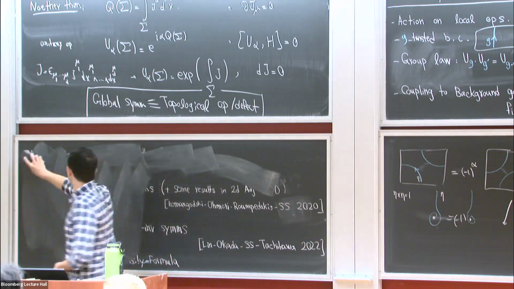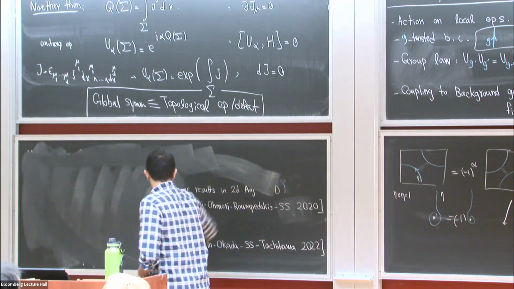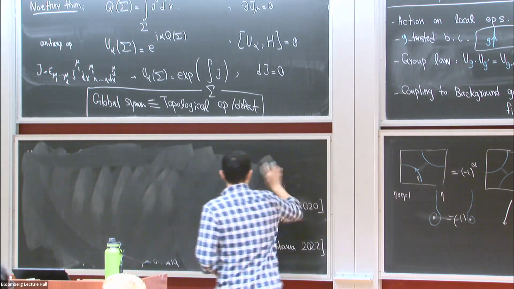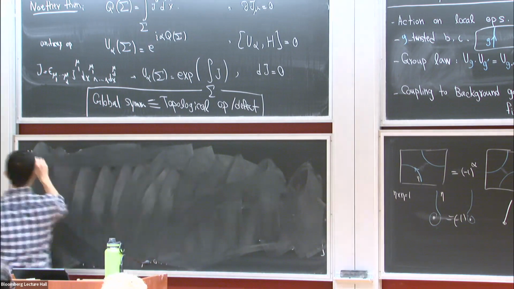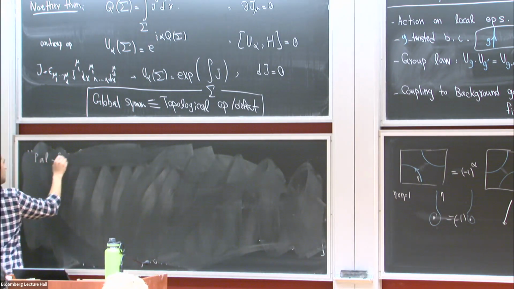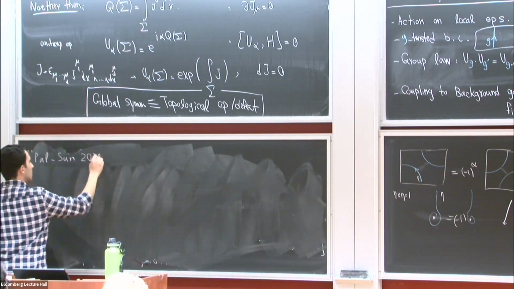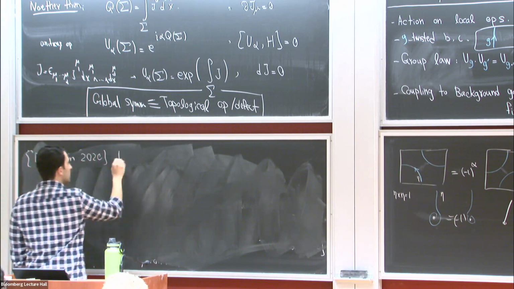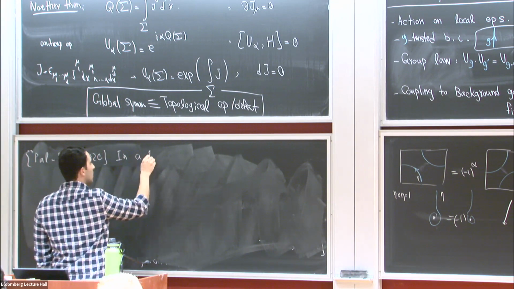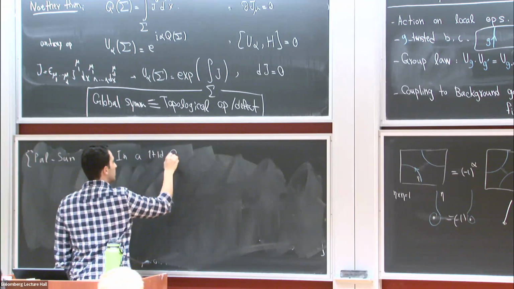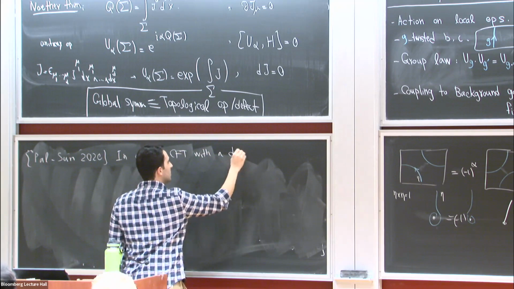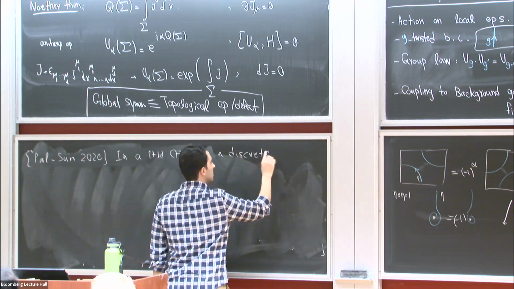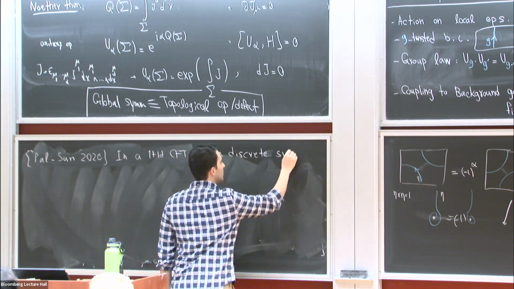So when G is a group symmetry, such a formula has been derived in the literature. And it says that in a 1 plus 1D CFT with a discrete symmetry G,